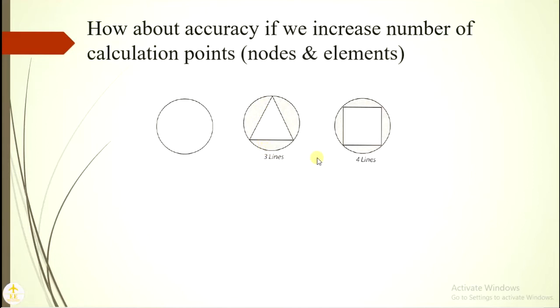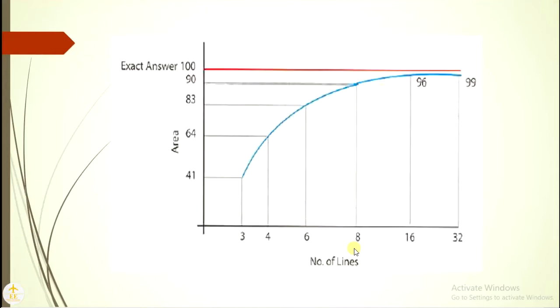Now let us say I'm again increasing the number of lines, let's say I'm using 6 lines. Now the area covered by the 6 lines will be gradually increased. Now let's say I'm increasing to 8 lines. Now the area covered using the 8 lines somewhat comes near to the area of the circle. From that what we get is, if you increase the number of lines, the accuracy increases, right? Now I'm going to plot this in a graphical method.